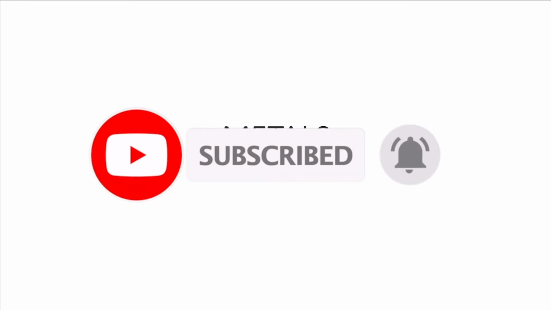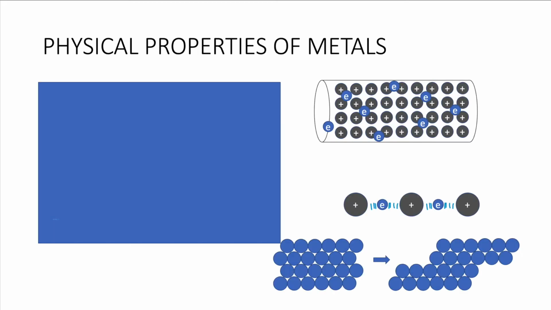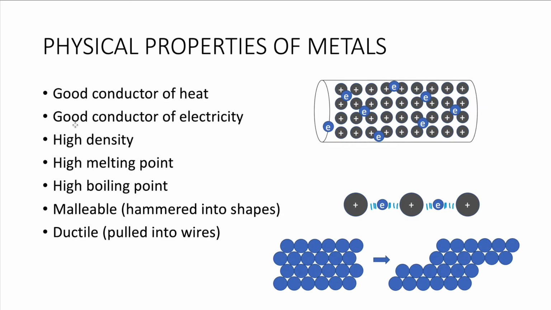The topic in this video will be metals, and this metals chapter is a pretty heavy one, and a lot of questions, a lot of points are directed to this chapter, so I will try to go as slowly, as clearly as possible. Firstly, the physical properties of metals would be these: good conductors of heat and electricity because of